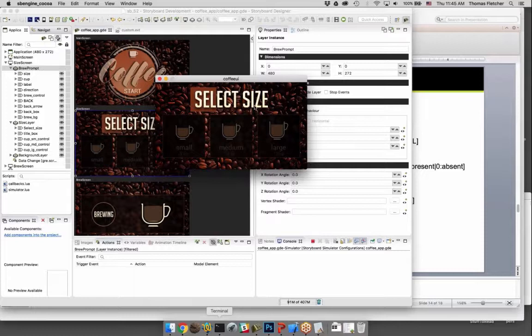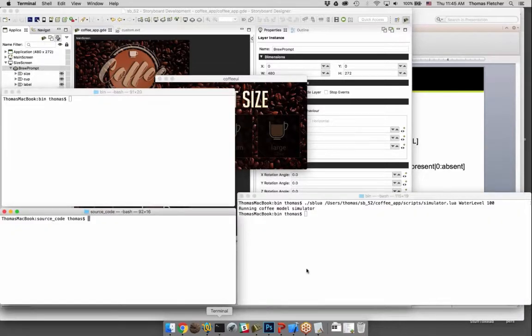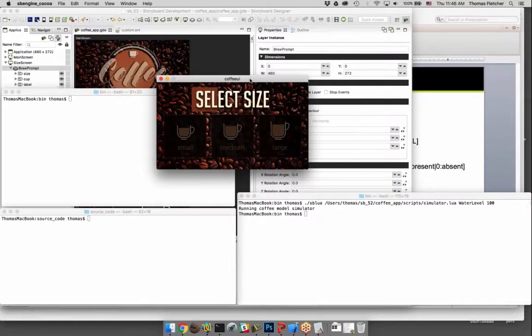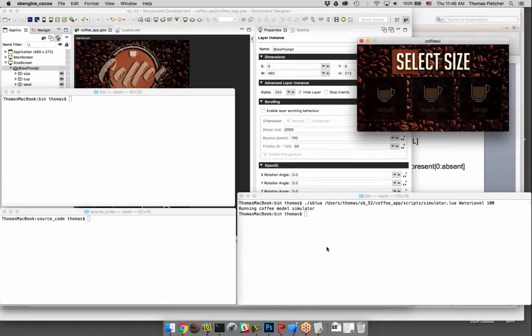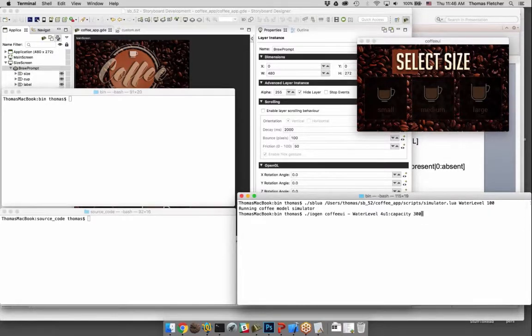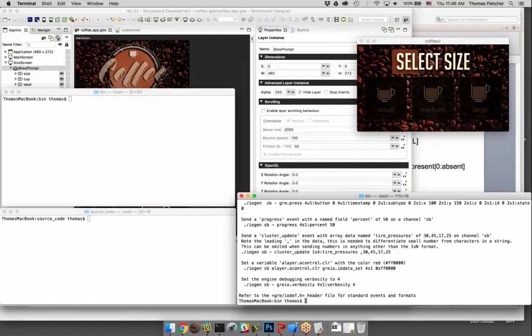This is where we can leverage the functionality of Storyboard's simulation capabilities. And the Storyboard I/O communication channels, because they're agnostic, allow us to use command line utilities to generate our own events. So I can generate into my coffee UI a water